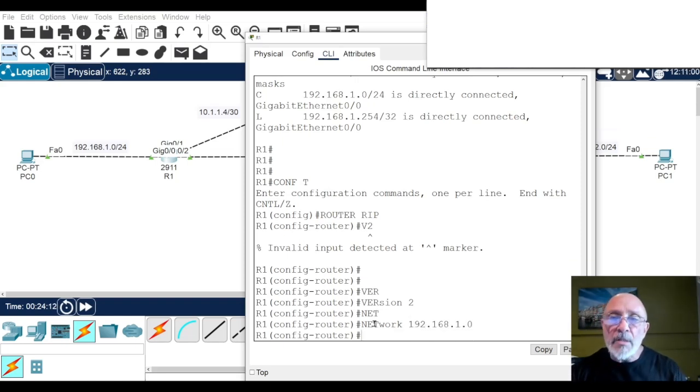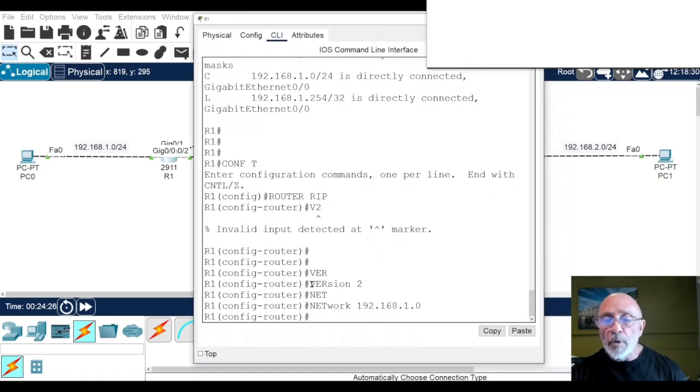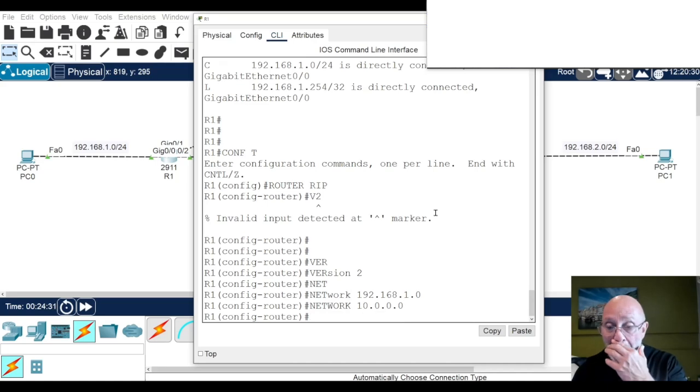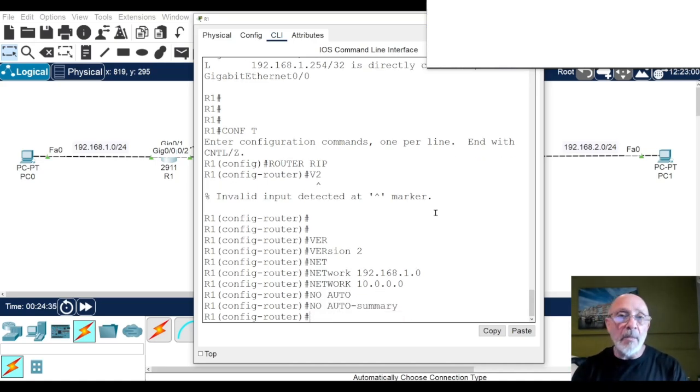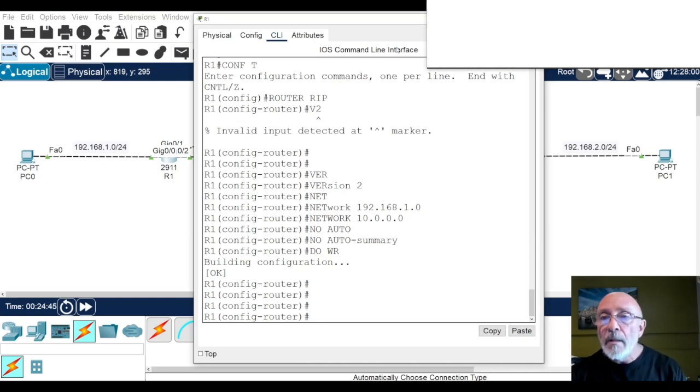So the 192.168.1.0. Now, since we're using a distance vector routing protocol, and you see that you have 10 and a 10, RIP, being a distance vector routing protocol, does not understand that you've subnetted this particular class of address. So all you need to do is put in the classful boundary, network 10.0.0.0, and being distance vector, you must type no auto-summary to make sure that summarization is disabled, turned off, whatever you want to call it. Do WR. With the newer EIGRP and obviously OSPF, that's not the case. All right, so let's keep going.